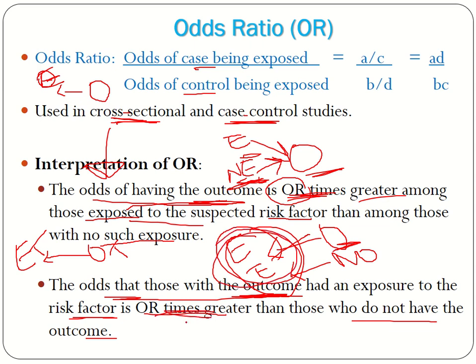OR times ለምሳሌ 2 ቢሆን or 3 ቢሆን ወይ 1.2 ቢሆን 1.2 times greater than those who do not have the outcome። ስለዚህ አውትካሙ ያላቸው ኮምፔር ቱ አውትካም የሌላቸው ኤክስፖዠር ሪስካቸው ምን ያህል ነበር ነው። the same odds ratio ክሮስ ሴክሽናል ስተዲ ዲዛይን እየተጠቀምን ቢሆን ኢንተርፕሬት የምናደርገው ደግሞ እንዴት ነው? አውትካሙ ኤክስፖዝድ በሆኑት እና ባልሆኑት መካከል was there a difference? ኤክስፖዝድ የሆኑት ኤክስፖዝ ካልሆኑት አንጻር አውትካማቸው ምን ያህል ታይምስ ግሬተር ነው፣ ኦር ታይምስ ግሬተር ነው ወይስ ሌሰር ነው የሚለውን ነው